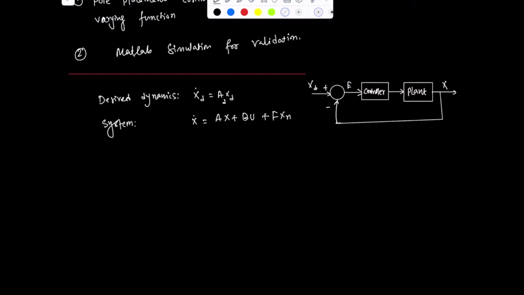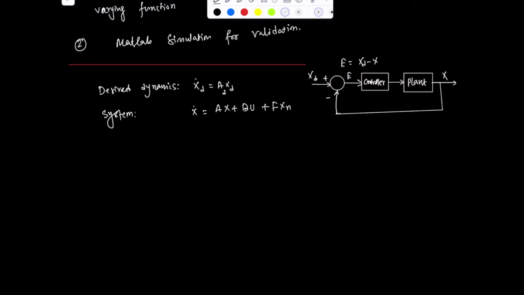So now we can find the error dynamics. If you write e equal to, for this case, xt minus x, right? So now you can write the error dynamics. Your plant, you can see, is an aircraft system, and we also have noise xn in the system. So the error dynamics: let's write e equal to xt minus x, and the error dynamics e dot equal to xt dot minus x dot.